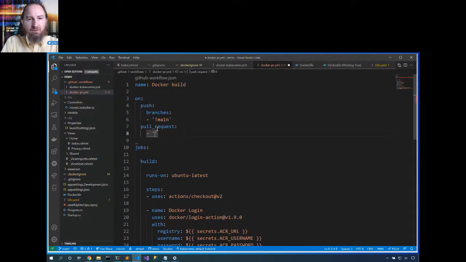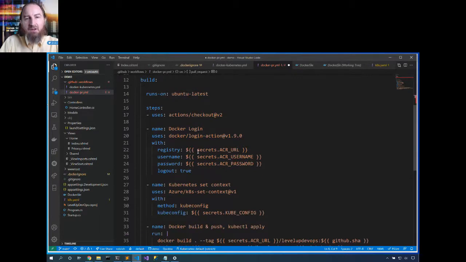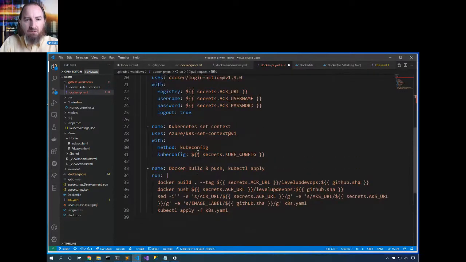And we'll do this on all branches. So if you do a pull request on any branch, I'm going to kick off this build. Not quite sure why it's squiggly here. Why? Oh, okay. So here in our GitHub Actions build, we don't need to